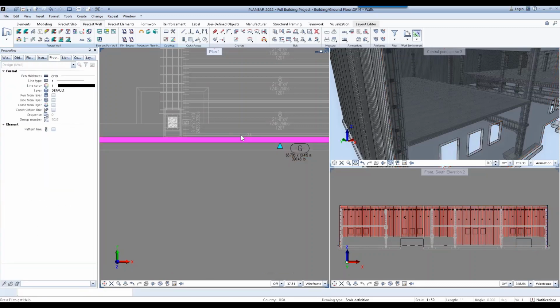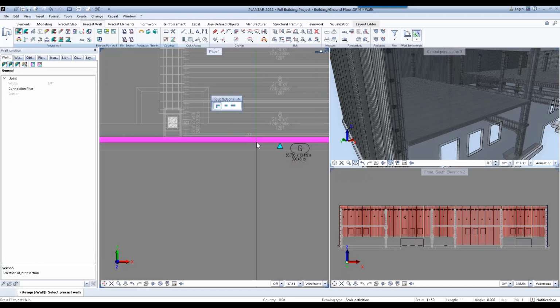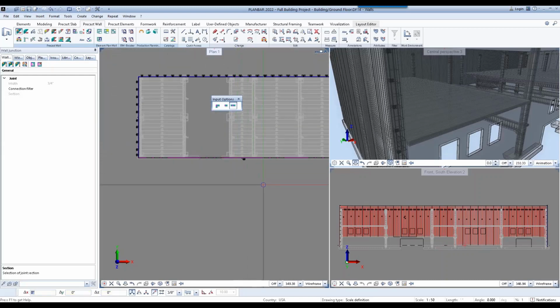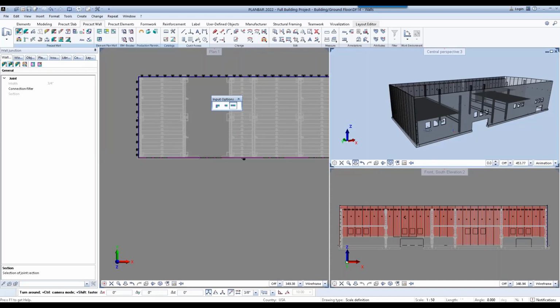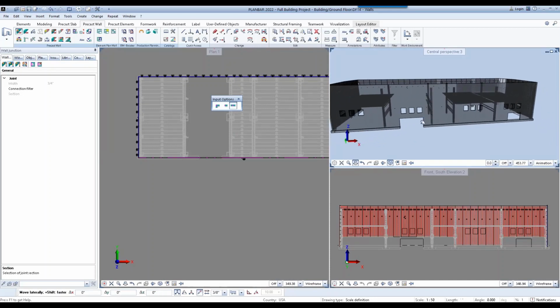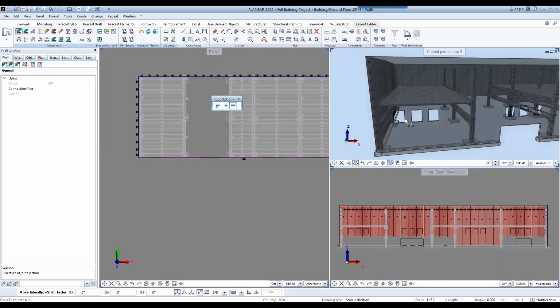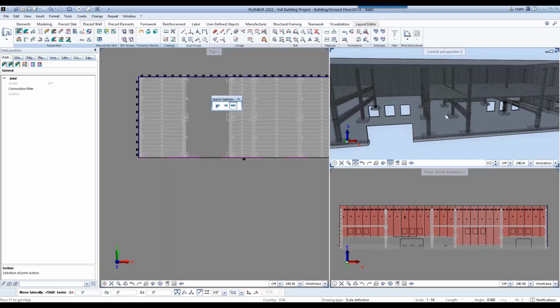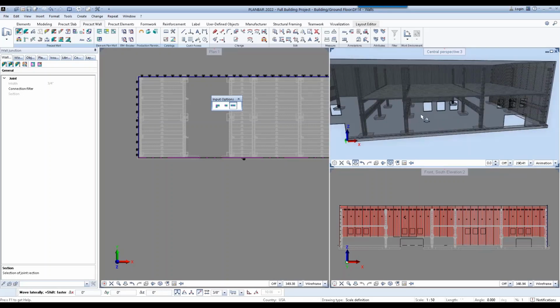Or sorry, we can relaunch the tool and then we can begin placing any mandatory joints, so joints that we know need to be in certain locations. In this case, I want to place joints to be centered in between these windows. So I will do that really quick.